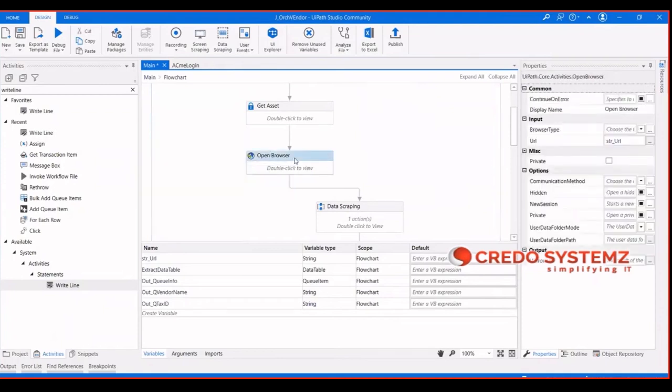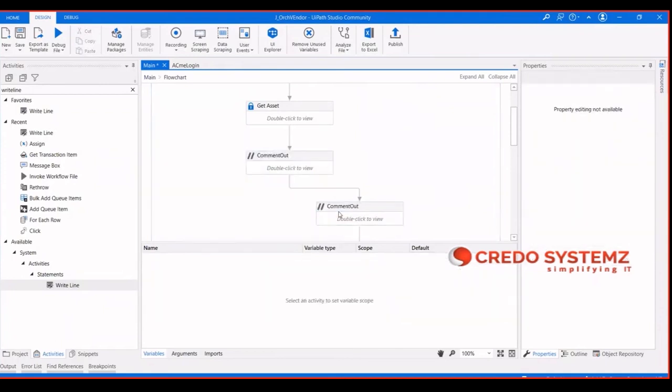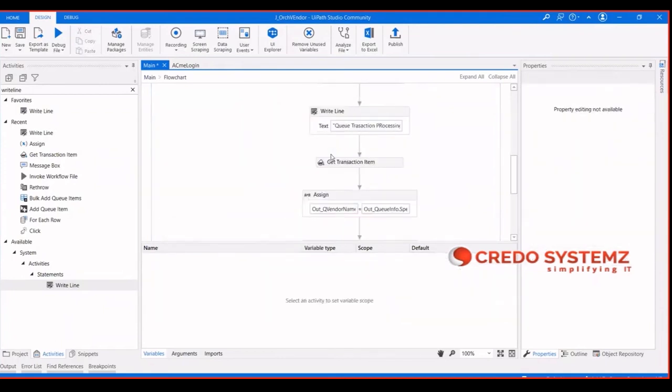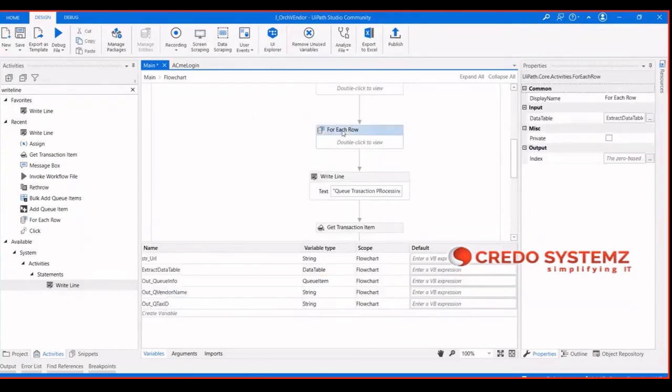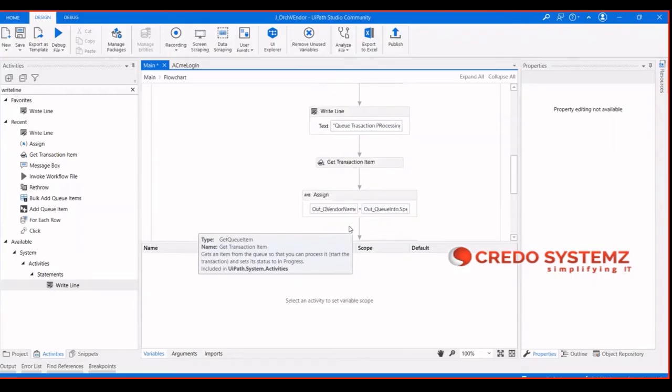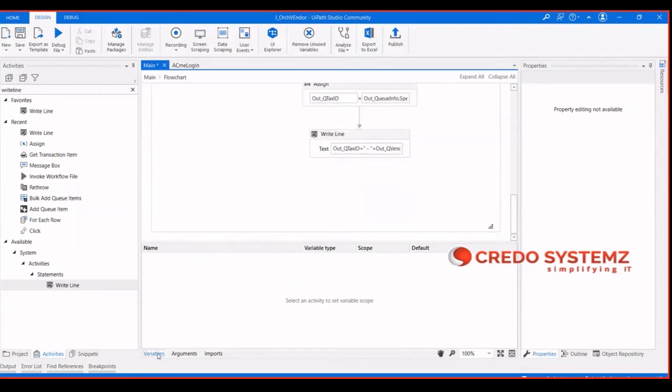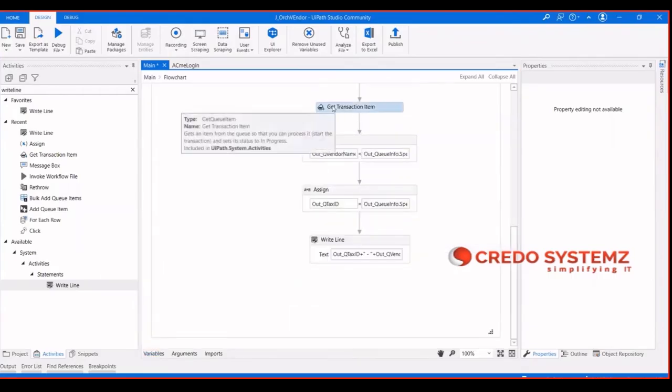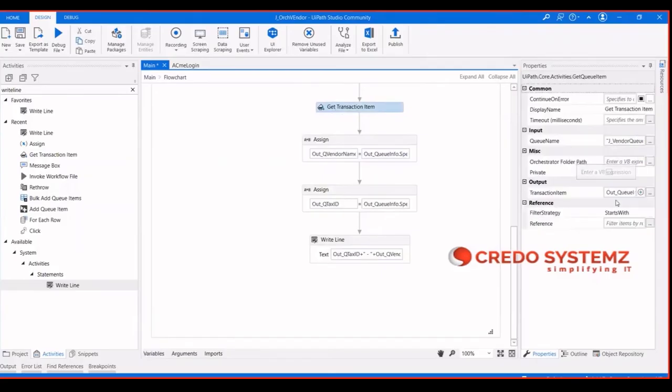Let me just comment all this so that we'll directly go to the get item. For each row also we don't require, right? So directly I'm going to the get. We have already loaded to the queue, right? So why should we load it again and again? It will be throwing an error because we have a unique reference. So I'm going to directly get the information from the queue and we are going to use the get transaction item, give your queue name and create an output variable which will be